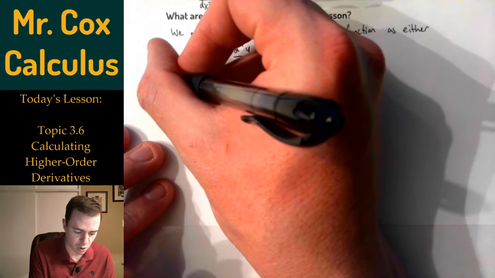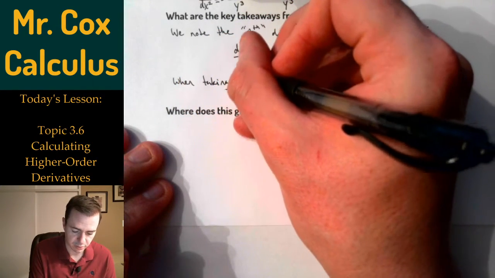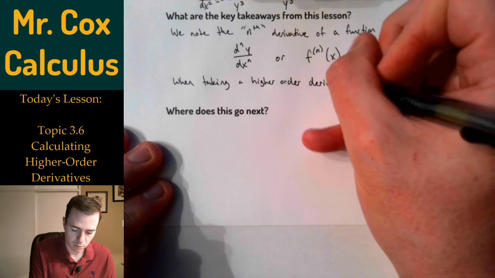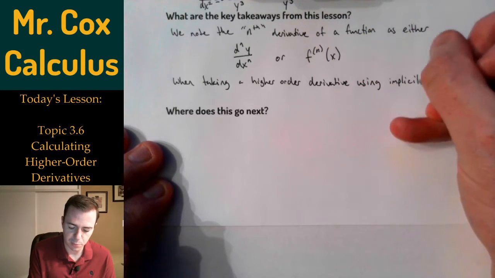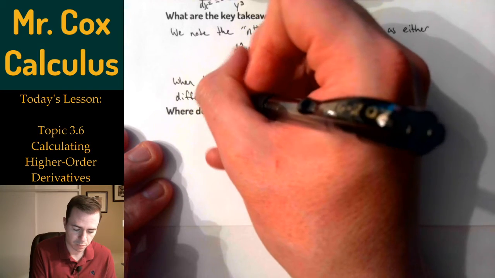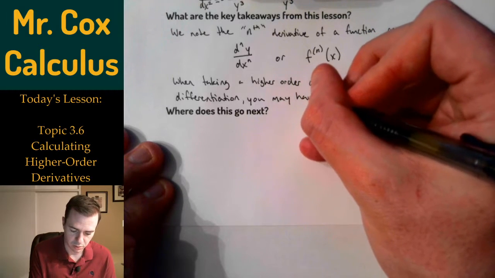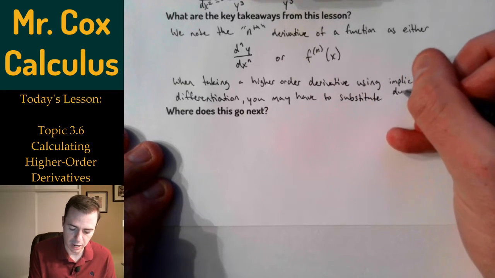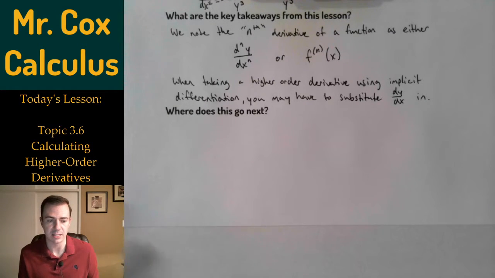The one thing to make sure we note of, though, is when taking higher order derivatives, using implicit differentiation. Like we did in the previous video, when we use implicit differentiation, you almost certainly will have to substitute dy dx in. So for example, when we take the derivative implicitly, it's very common for our answer to come